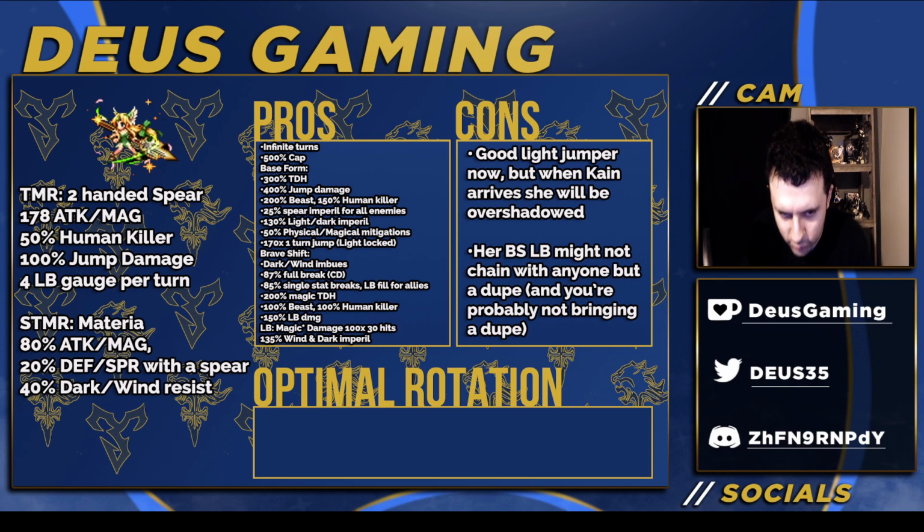I think her strength is in her base form more than her Brave Shift form, really, because of all those buffs that she gives and the jump, stuff like that. I'm not sure, guys. Let me know in the comment section down below if you guys like the Brave Shift form. I'm just like whatever. The breaks are okay. She has some breaks in there. You shift over if you'd like to use her as a breaker, but the other stuff is kind of like, and the Brave Shift Lone Burst is also good because of the higher imperil, but it's like,